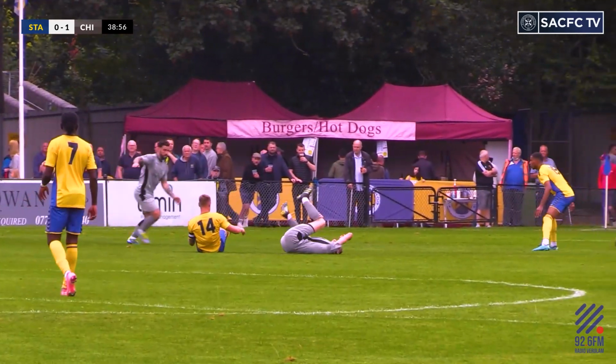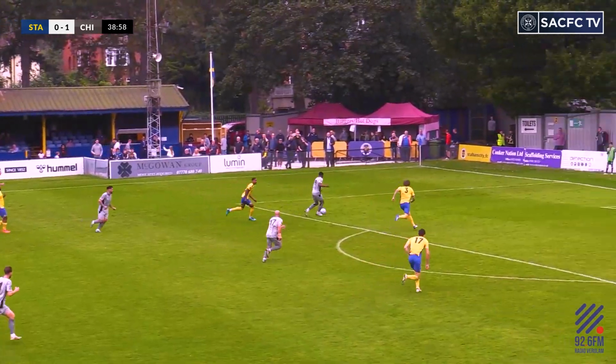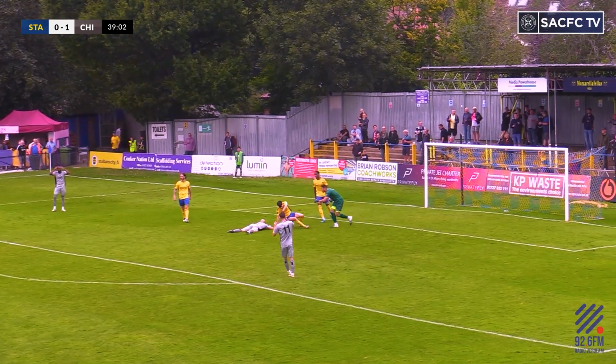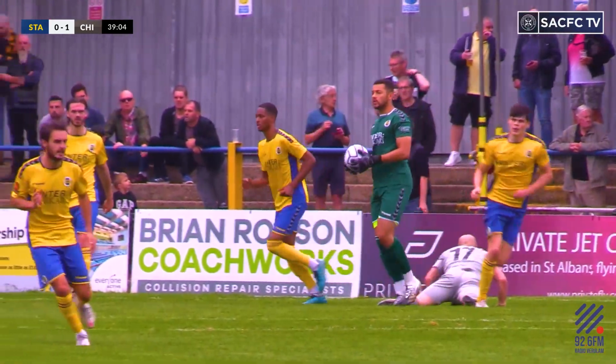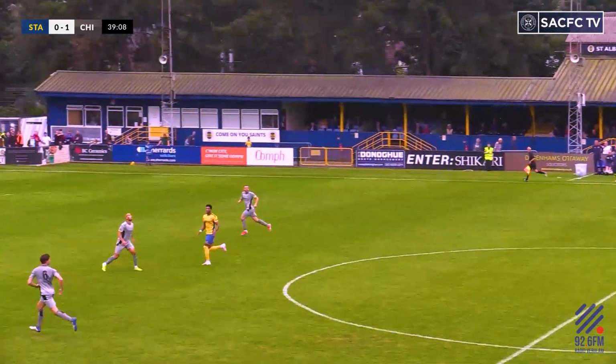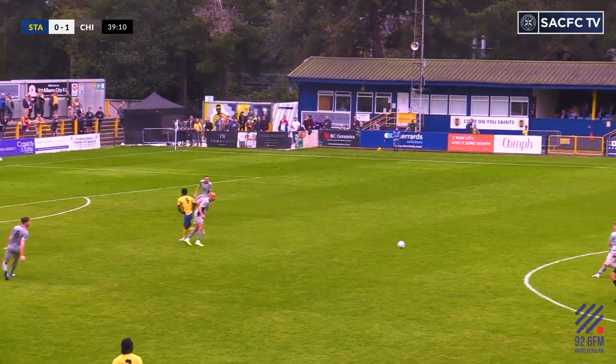Yeah. This is Chippenham on the attack. They play it over and around Joy McKenna. Jackson plays it into the middle, and that man Stern. Oh, great interception from the youngster Alex Lancashire. He just did enough to put off Ross Stern, who was almost in on goal. Could have been 2-0 against the Saints, and